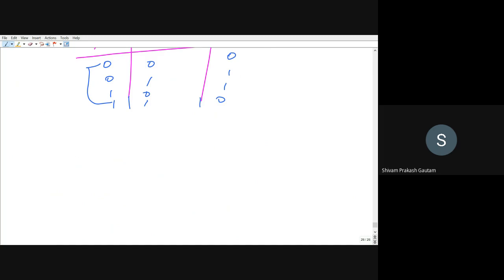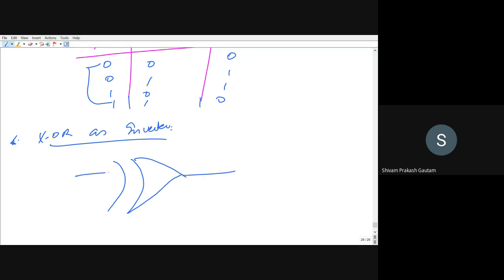Before that, okay, so we will see the XOR gate as an inverter. The symbol is again what I'm making. This is the symbol of XOR. If the input is X, and at the second input, you can provide 1, directly 1. If this is the condition, when one input is fixed or constant at 1, then whatever input you provide to the other input, the output will always be the complement of that, right? This is how you can perform XOR as an inverter, right?